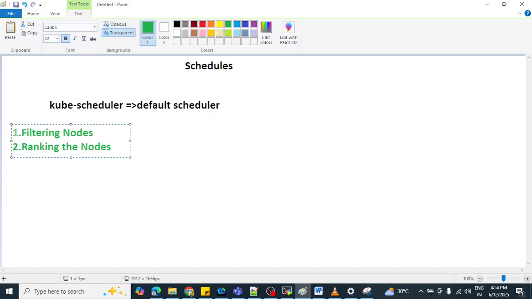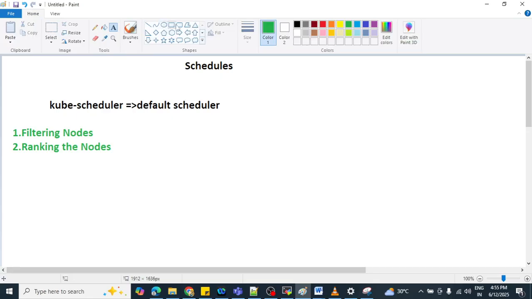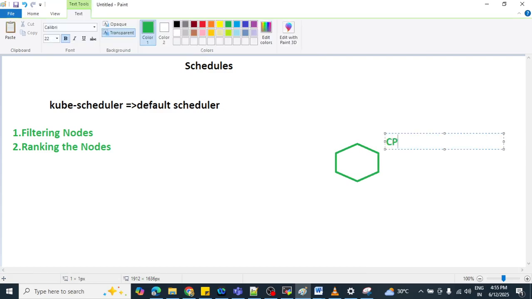Let's take one example. Suppose we have one pod, and that pod is requesting CPU 5 GB and RAM 5000 gigabyte. Now you need to schedule this pod to particular nodes.